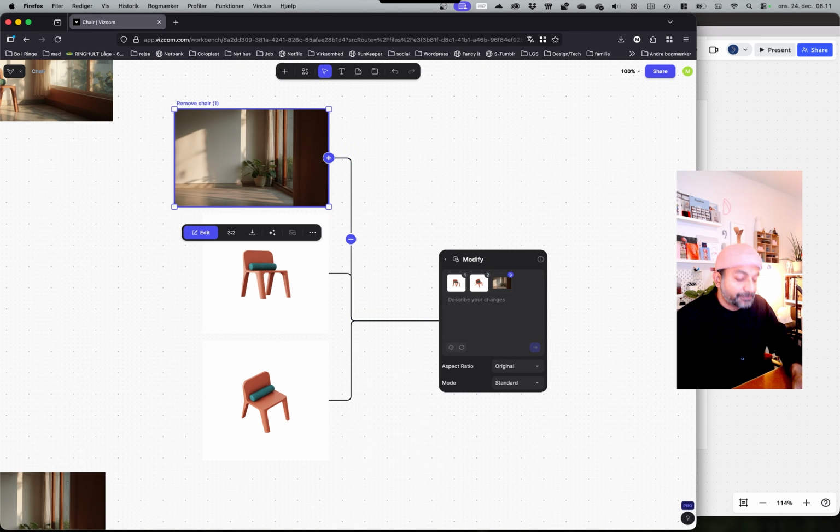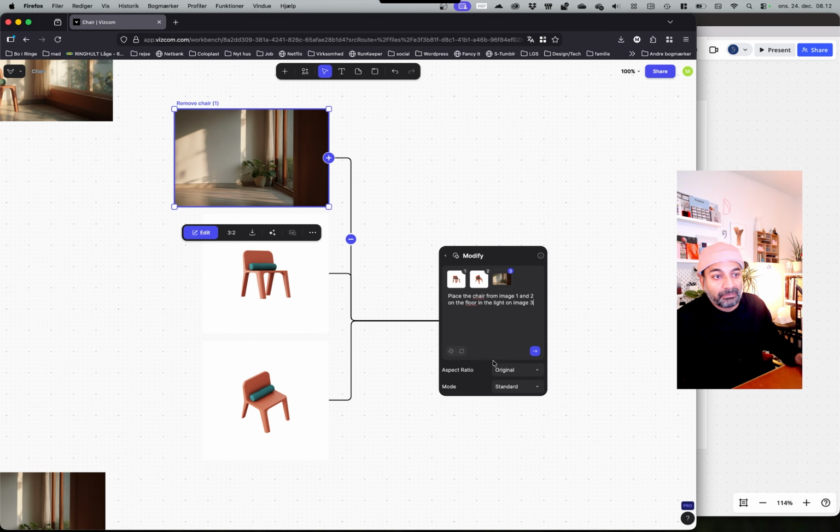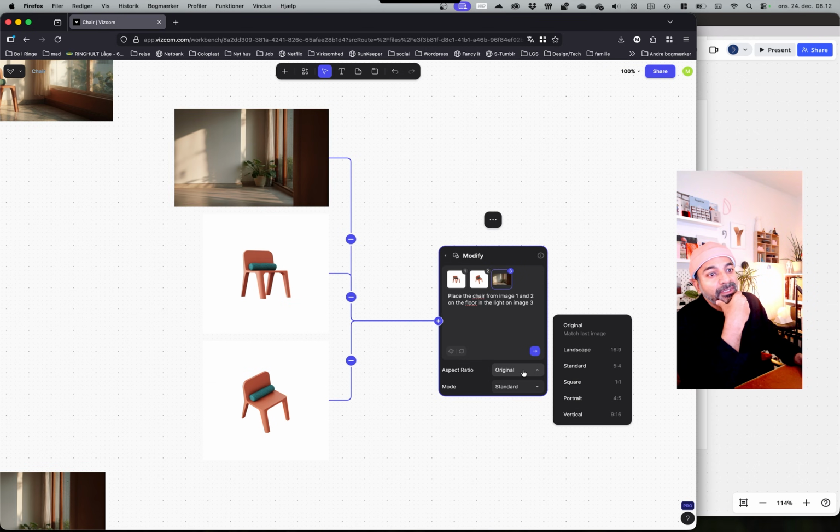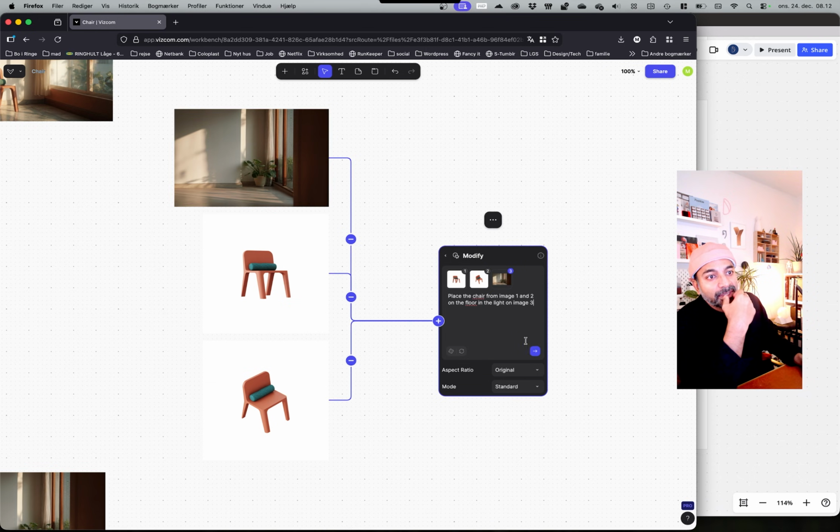I want to place the chair from image 1 and 2 on the floor in the light on image 3, and we want to keep the aspect ratio original, which is this context,